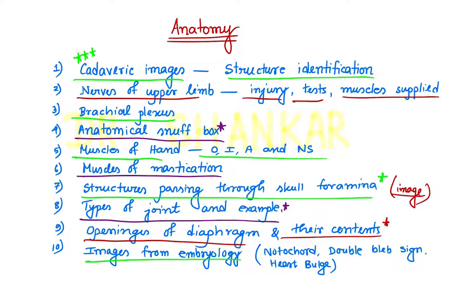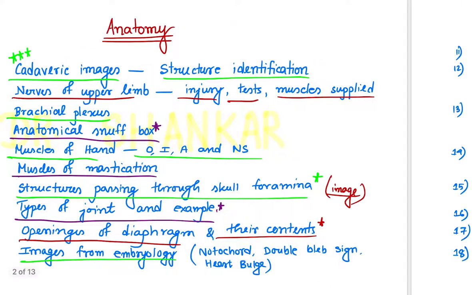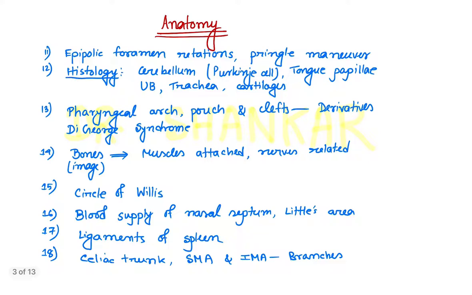So any image can be given from the embryology part, like notochord or nucleus pulposus related anatomy questions, or heart bulge or developing heart images, or fossa ovalis, patent foramen ovale, membranous septum. Anything can be given, along with their embryological basis, which you should know. Next, coming to the question, epiploic foramen relations, and for liver, epiploic foramen boundary is very important along with one clinical